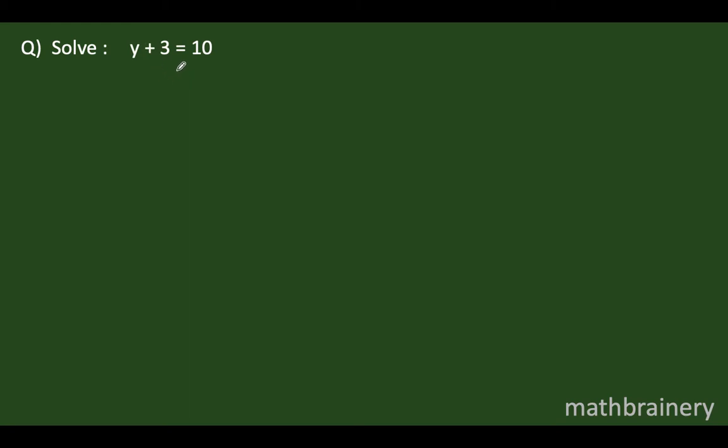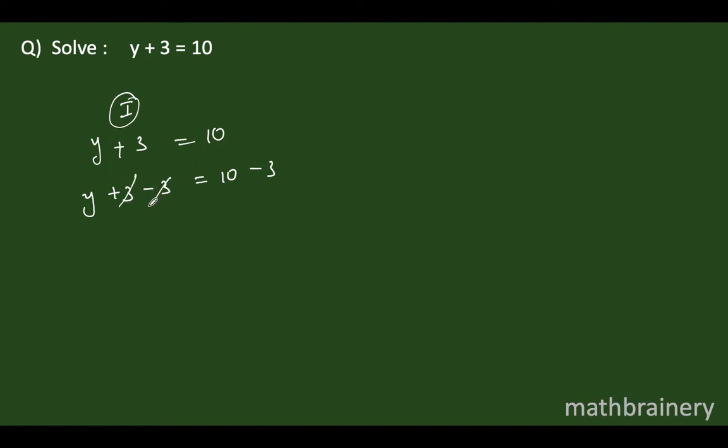You have y plus 3 is equal to 10. Now again let me show you both the methods. You have y plus 3 is equal to 10. I do not want any constant term here. I want only variable term. To get that, I will take plus 3 minus 3. I have to subtract this 3 so that this will become free of any constant terms. When I am subtracting 3 here, we will be subtracting 3 from the RHS as well.